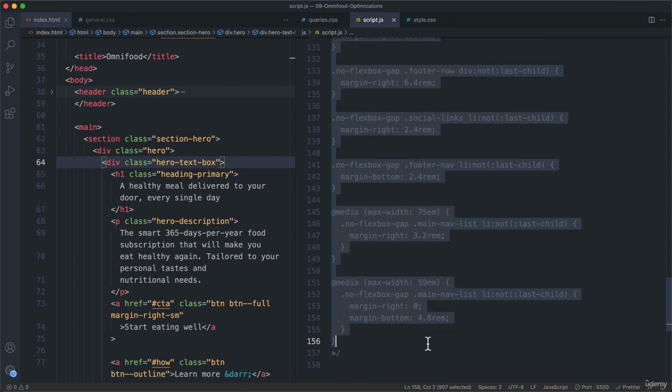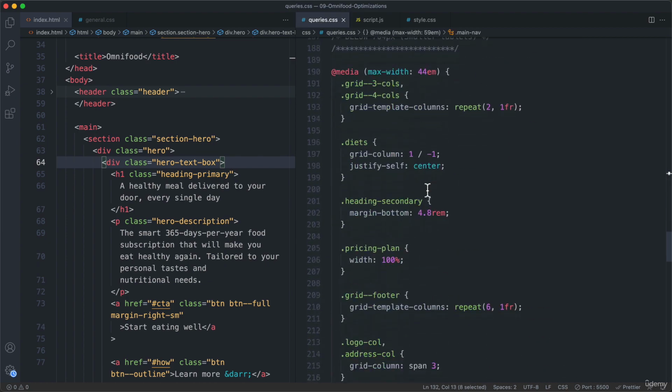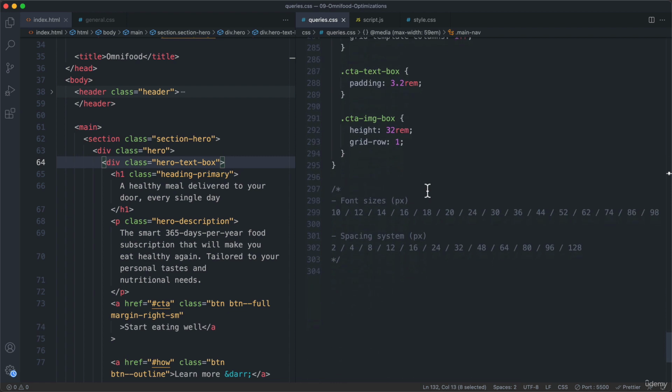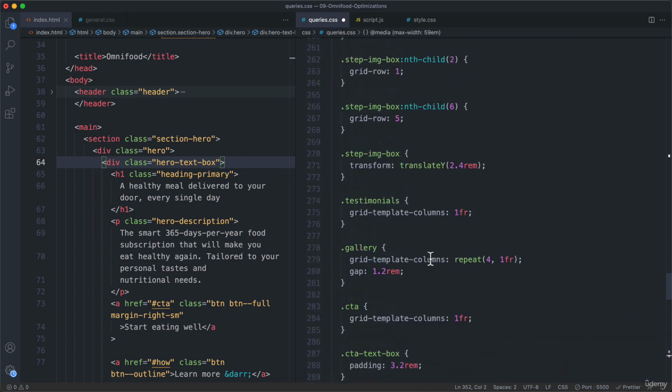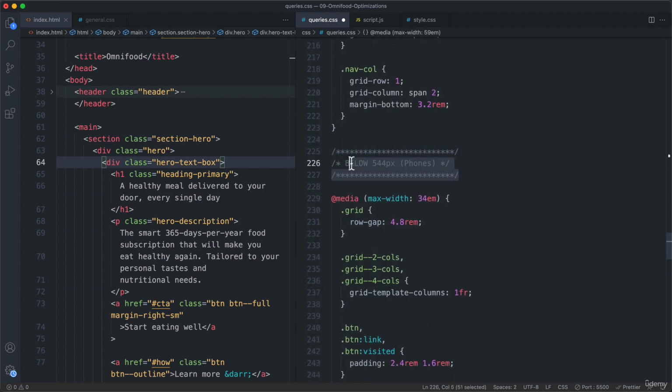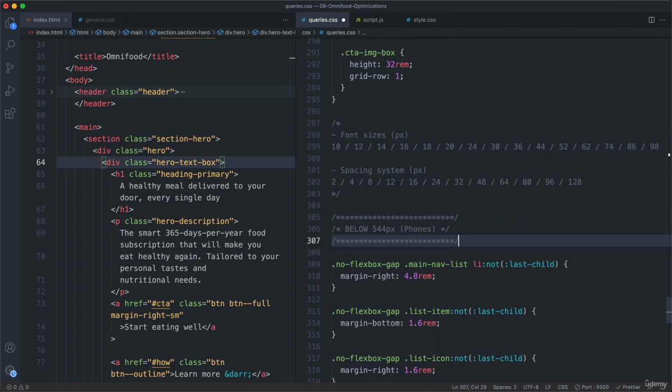So let me copy all of this here. So everything that is in this comment, because this is not JavaScript code, it is actually CSS. So I'm copying it now, and I will put it here at the end of the queries. Pasting that there. Let me also get some comment block here. So fixing Safari